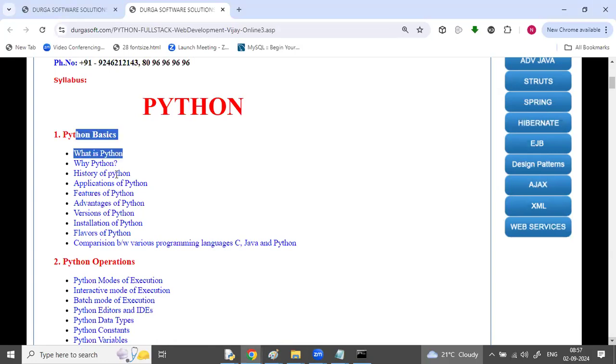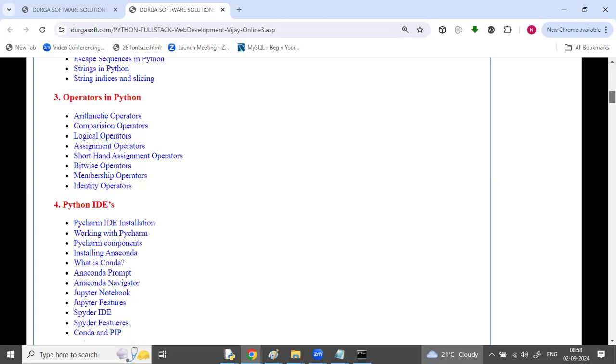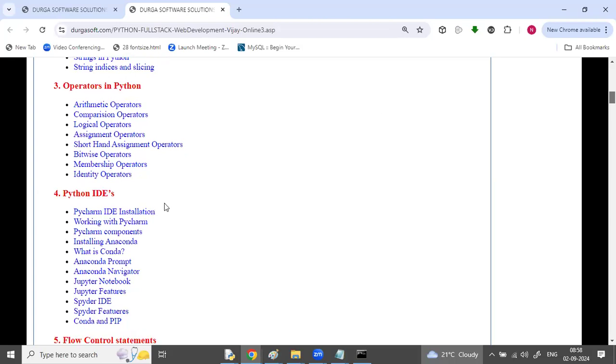Python basics: why Python, history, applications, features, advantages, installation, flavors. From tomorrow, we'll be going with the technical things: installation of Python, execution modes, Python modes of execution, interactive mode, batch mode, editors, IDEs, constants, variables, type conversions, escape sequences, operators in Python, different types of operators, IDEs,